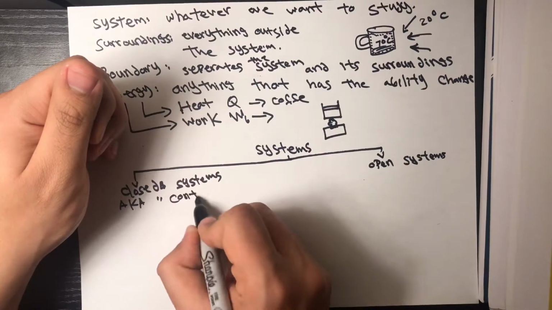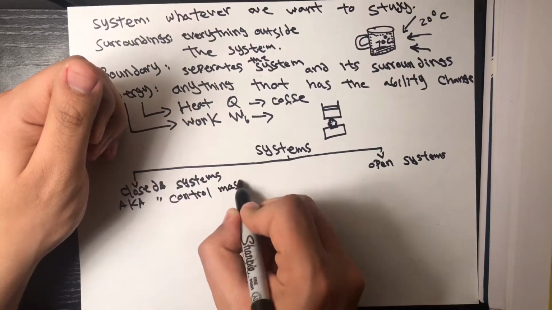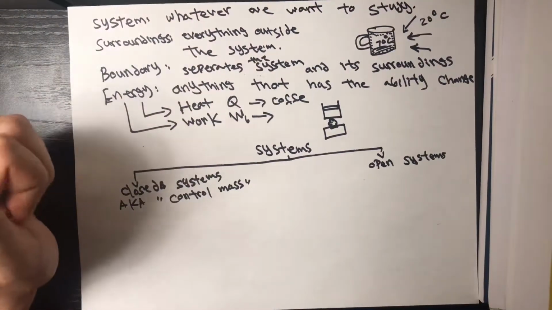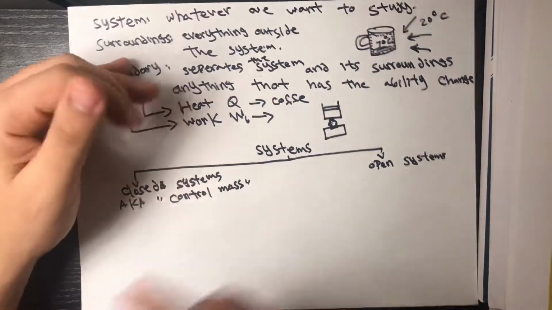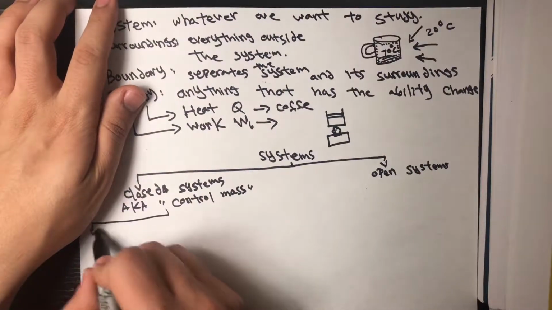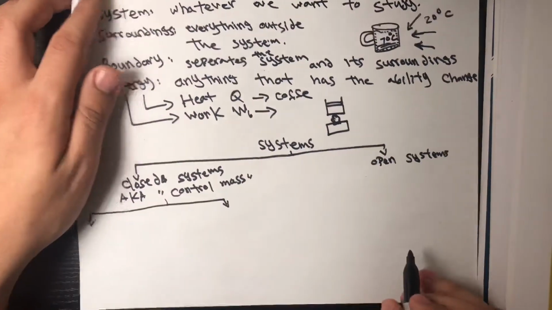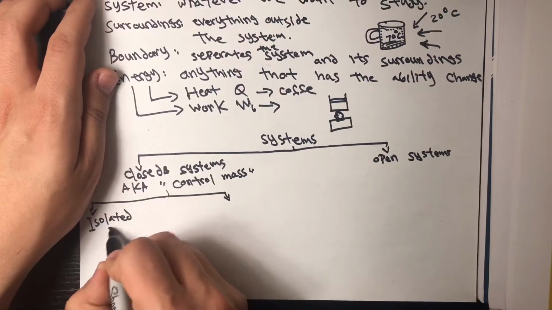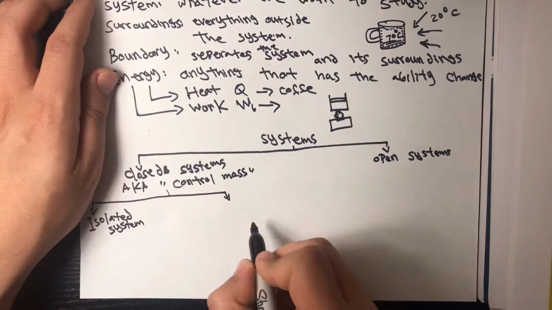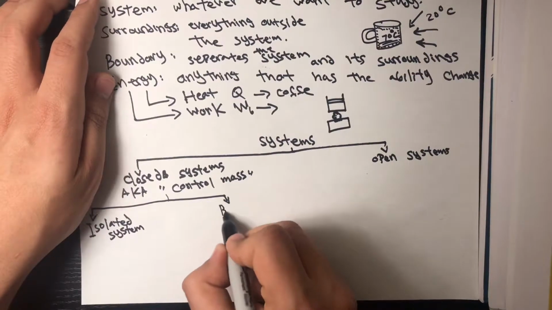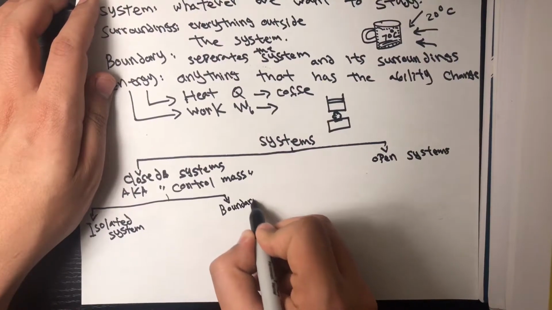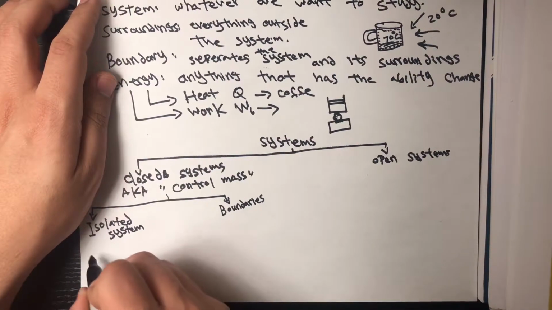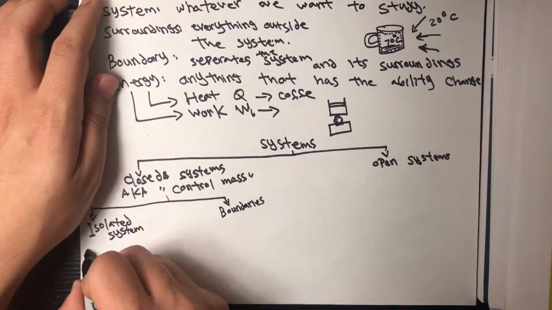control mass systems, meaning that we have an idea about the mass, the quantity of mass in that system. The mass quantity does not change, and that could be broken into two further categories. You could have an isolated system, or you could have a system with boundaries. This could have boundaries as well, but for an isolated system, it's a system where energy cannot cross